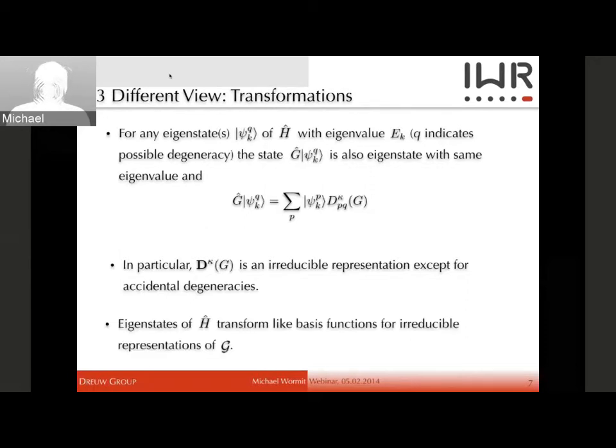Sorry. Yeah. Since this is an irreducible representation, what you see is that the eigenstates of H transform like the basis functions of the irreducible representations. This is the formula up there with G psi equals the sum. This is completely identical to the transformation rules for the basis functions of the irreducible representation. That's more or less the definition. And these are the two viewpoints